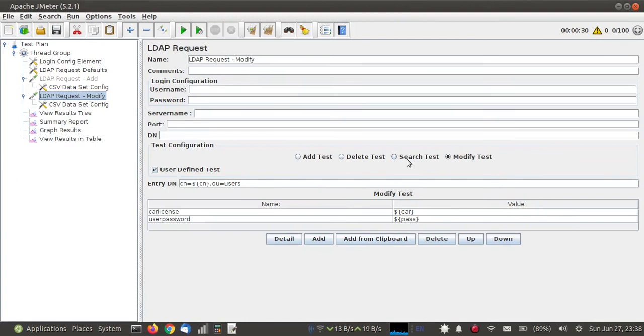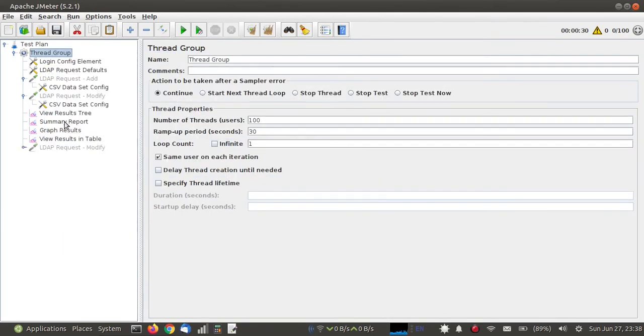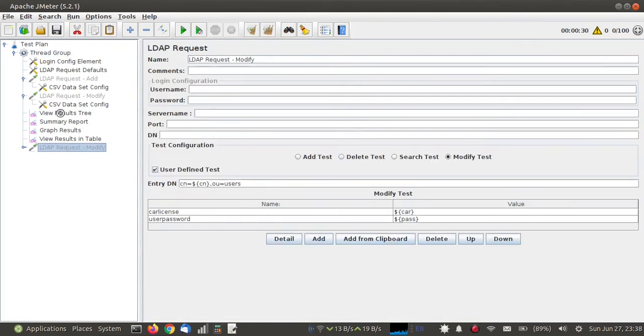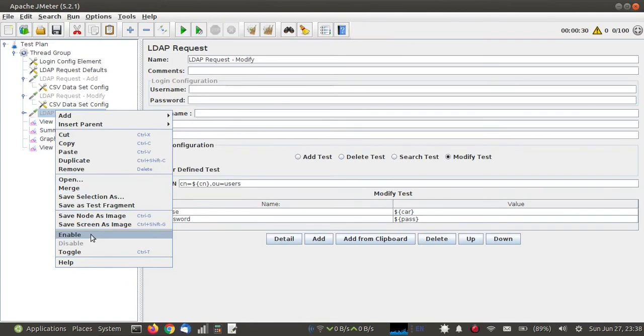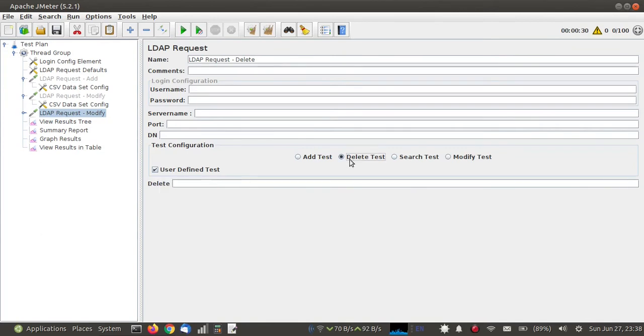Now suppose I want to delete all these records, so I'm going to add another sampler. Yeah, I need to enable this and its name is delete, and I'm going to select delete test.